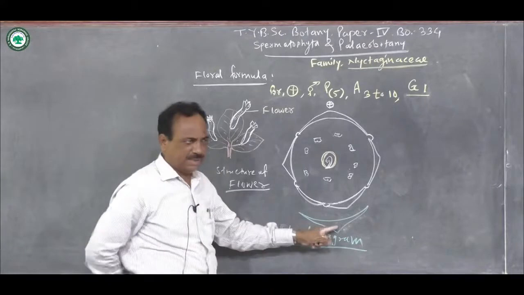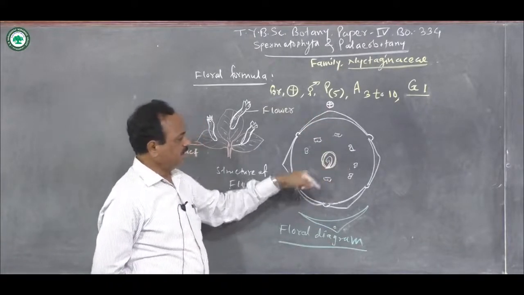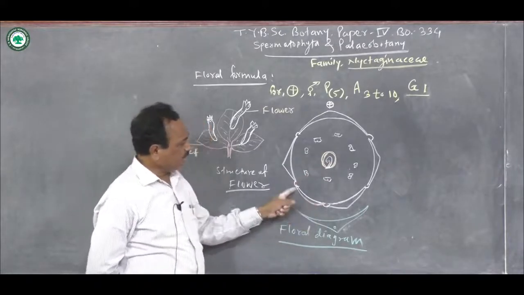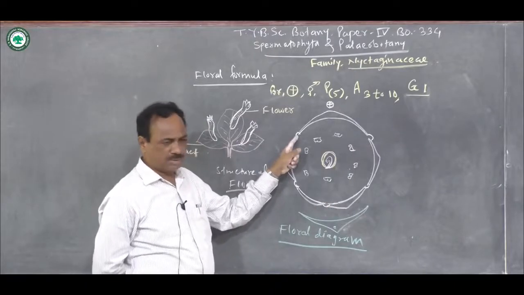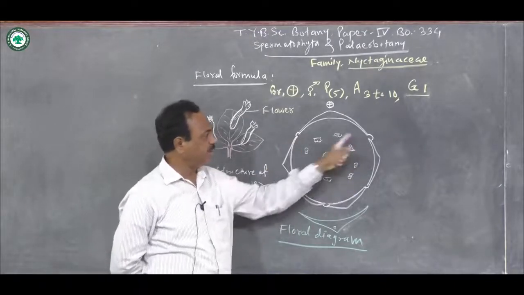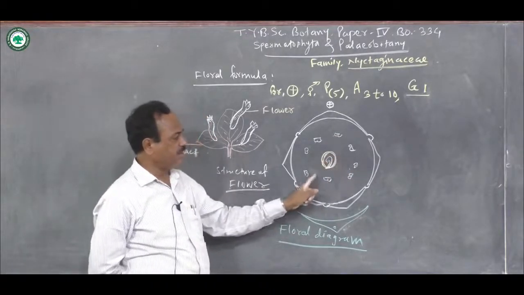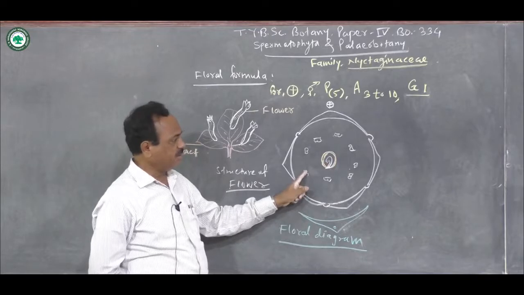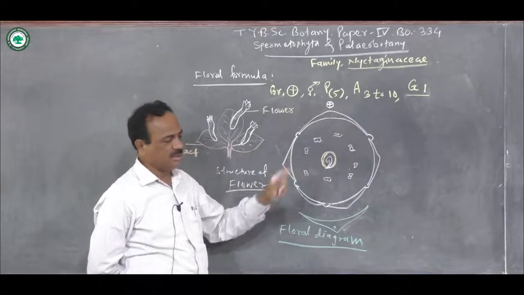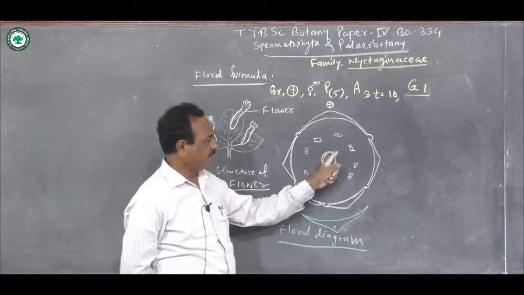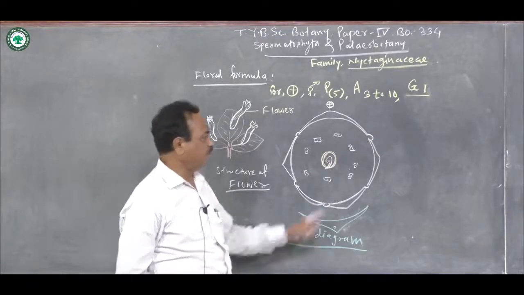So the flower is bracteate, actinomorphic, bisexual, showing five perianth lobes. The perianth lobes, that is tepals, are fused, so it is gamophyllous. The androecium, in a plant like bougainvillea, has 10 stamens present. These 10 stamens are unequal in height or length, and the gynoecium is monocarpellary, unilocular, and